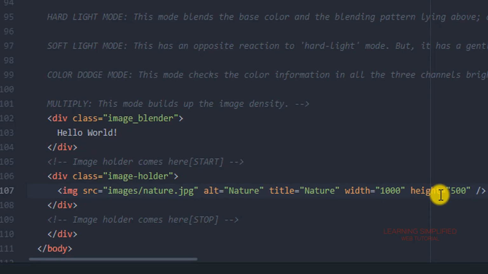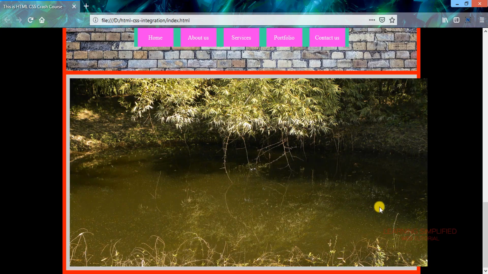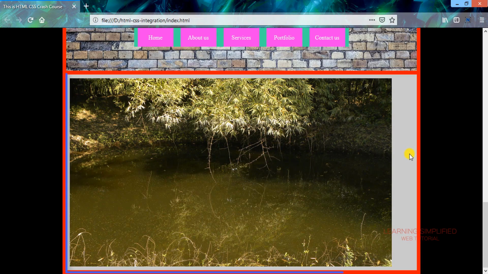Now if we press Ctrl S and get back to our project and reload, we can see that 1000 pixels is the width, which is still wider than the mother container that is currently wrapping all the elements inside. So in that particular case, all we need to do is restrict it within 900 pixels. Reload, and you can see right now that the image is practically residing in our div element.